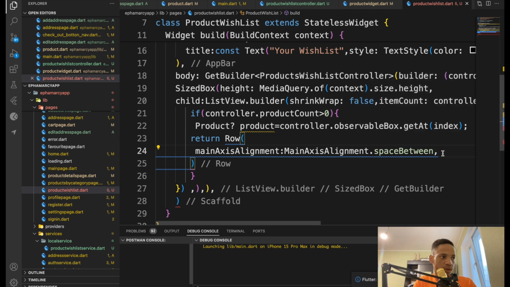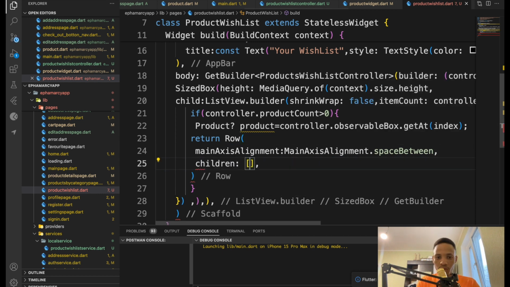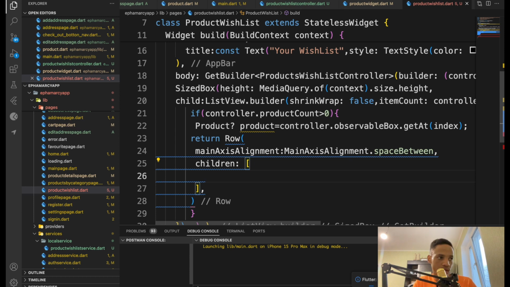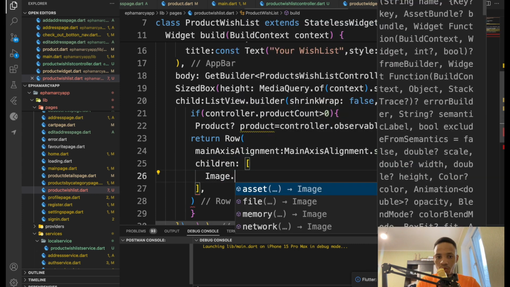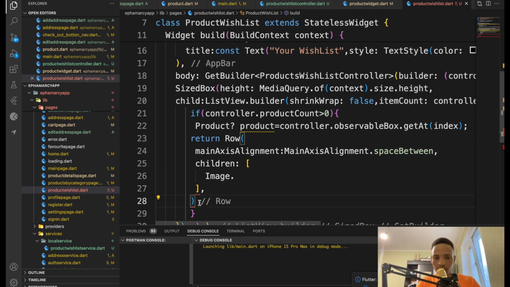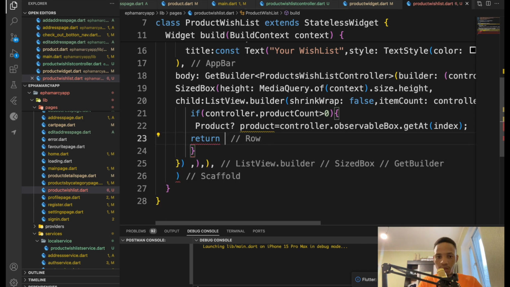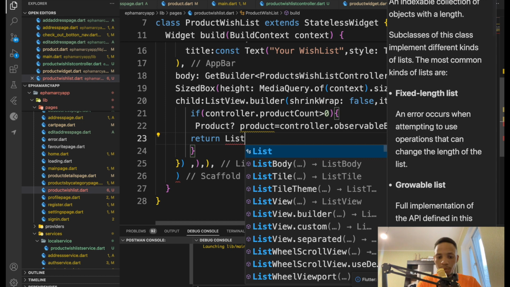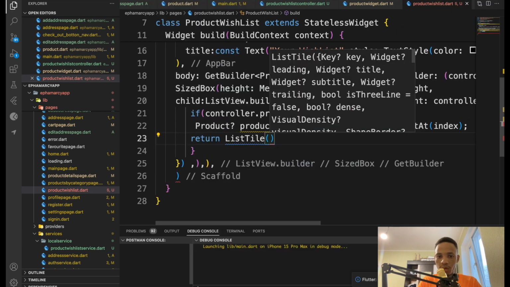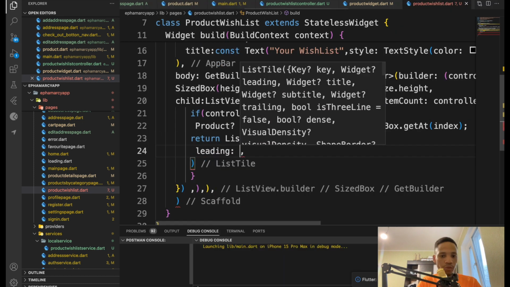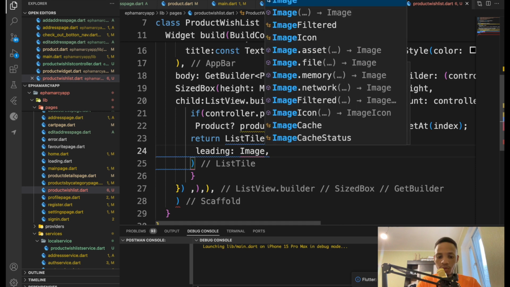And then we need to provide the children like this. Then we're just going to display, the first thing is an image. So I think let's return a tile. I think a list tile is more appropriate here. List tile like this, and then leading we're going to say image dot network